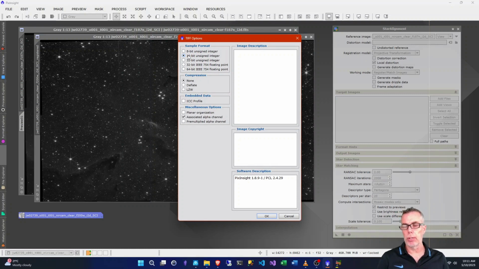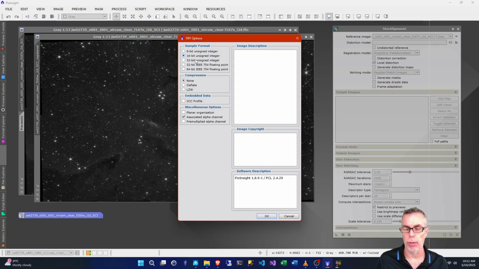We could use the 32-bit versions here and use that in Photoshop, but in my experience in Photoshop, when we have these 32-bit images, there are some things that you cannot do. For example, the curve adjustments or the level adjustments won't work on 32-bit images. So then you'd have to convert them in Photoshop to 16-bit images, and then continue from there. Just to avoid this extra conversion step, I'll stick with 16-bit images for now, until we see a